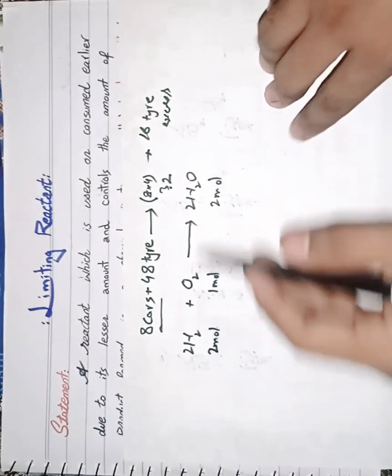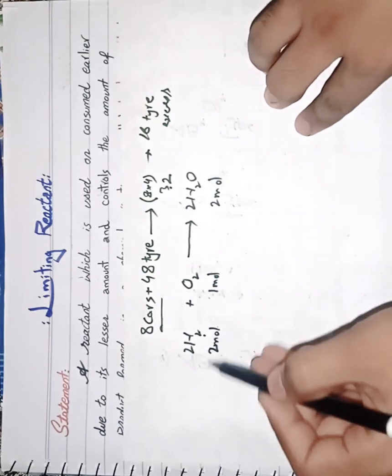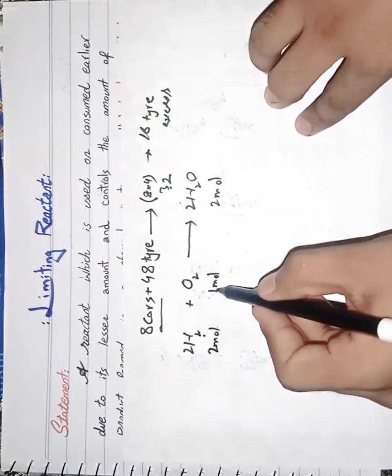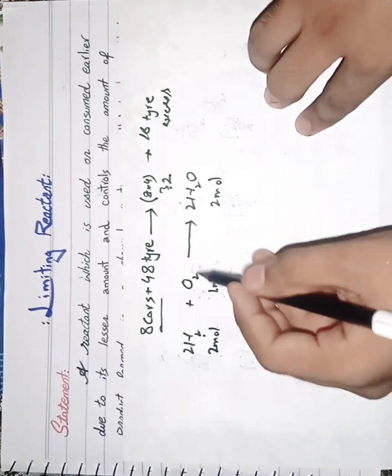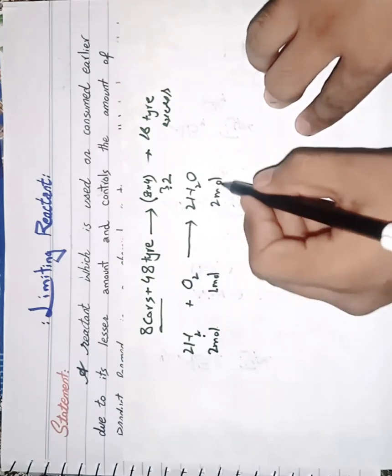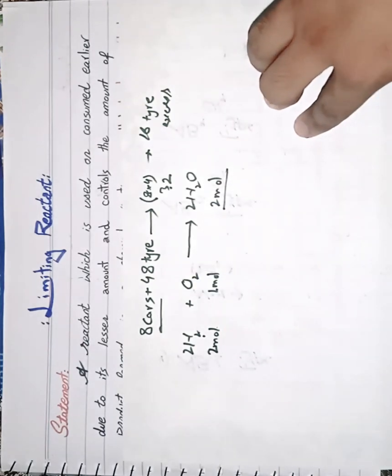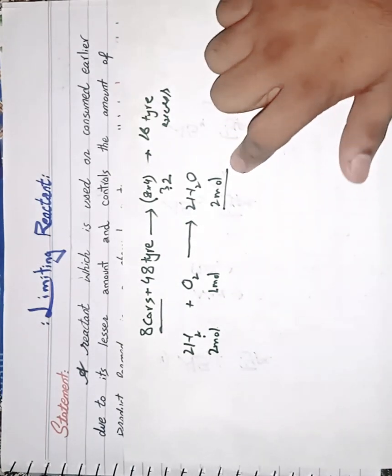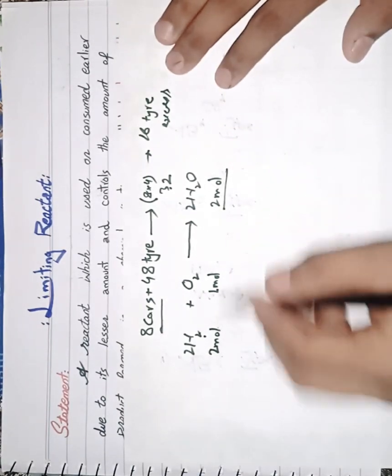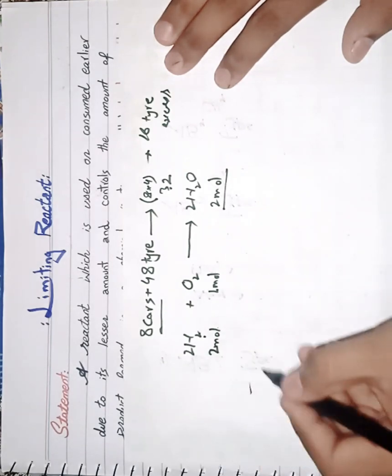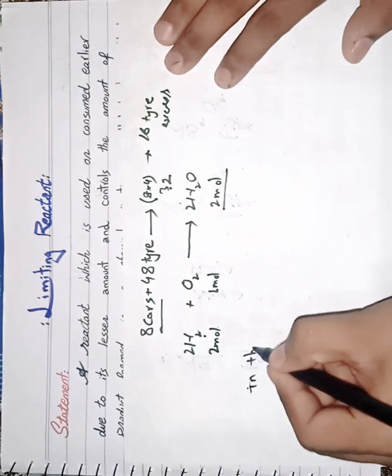In this reaction we look, 2 mole of hydrogen is reacted with only 1 mole of oxygen for making the water molecule. So we can say in this reaction,